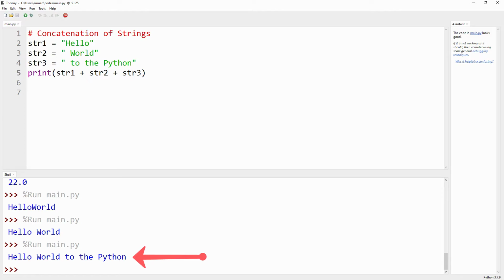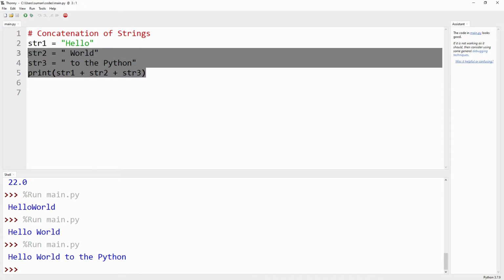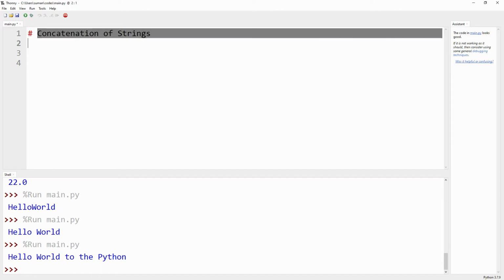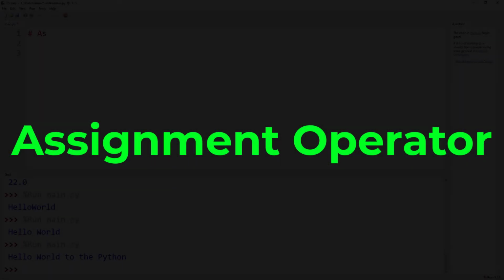So that means the plus sign is used for concatenation in the case of strings. Next, we will proceed to the assignment operators. So we are deleting the statements here, and we are proceeding to the assignment operators.